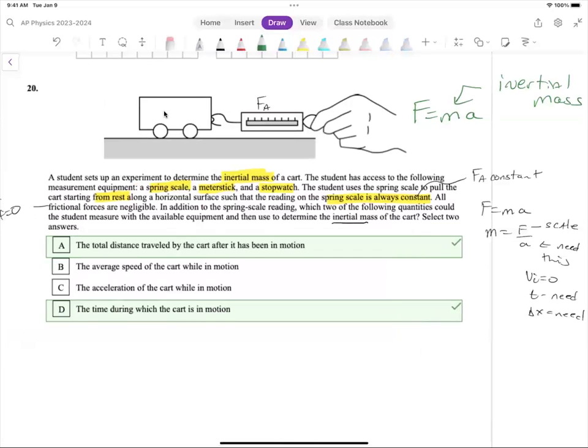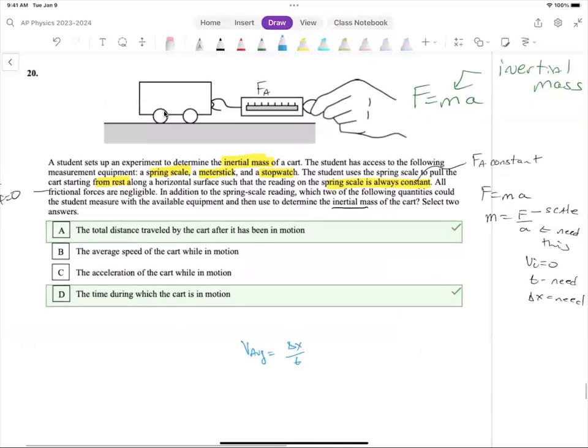C would be great, but we can't use the material that was given to us to directly measure the acceleration of the cart while in motion. The average speed of the cart. What is the average speed? Well, that would be delta x over time. That could give us an answer. But what else does it equal? One half times initial velocity plus final velocity